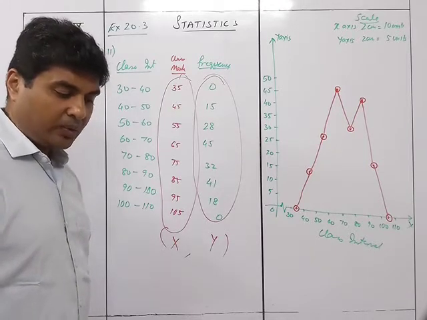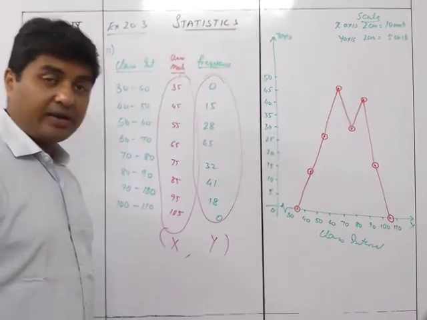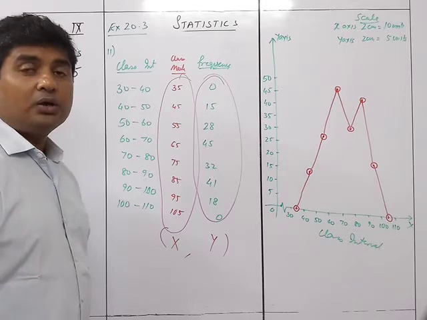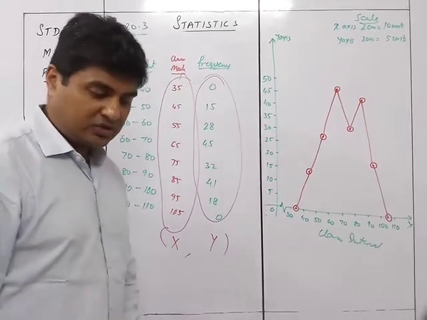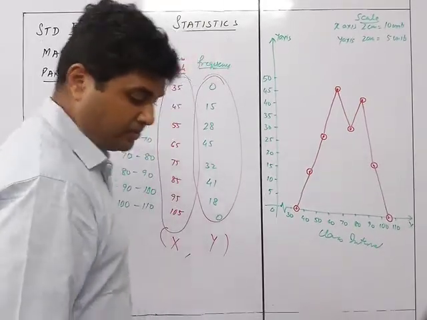Now we have question number 13 and we need to draw a frequency polygon again for that. But the data given to me over here is non-continuous data. So I need to make it continuous data and then draw it. So let's see sum number 13.